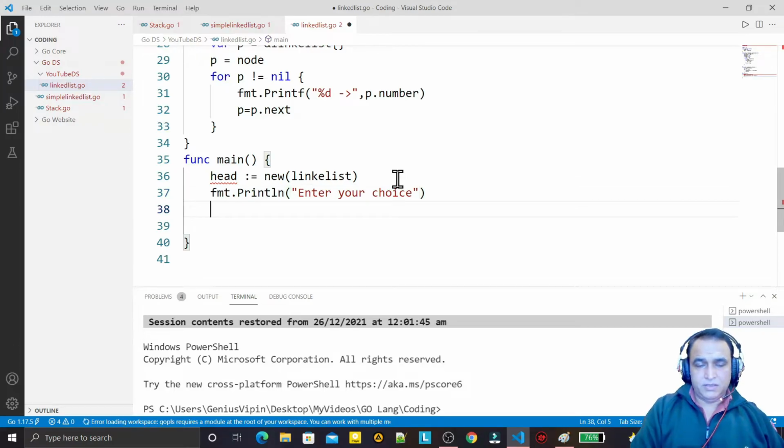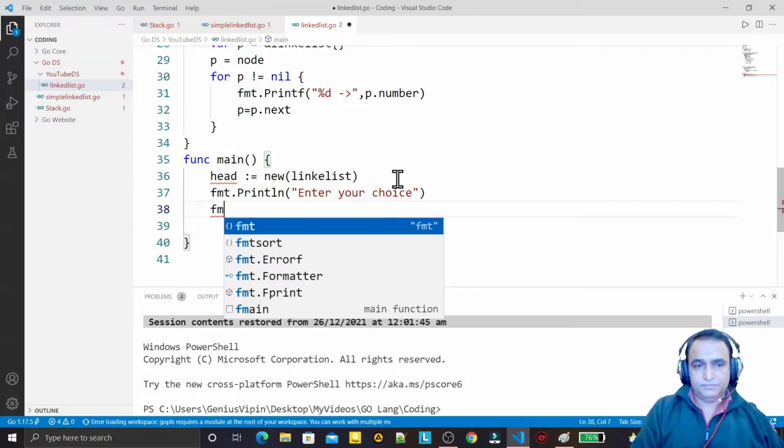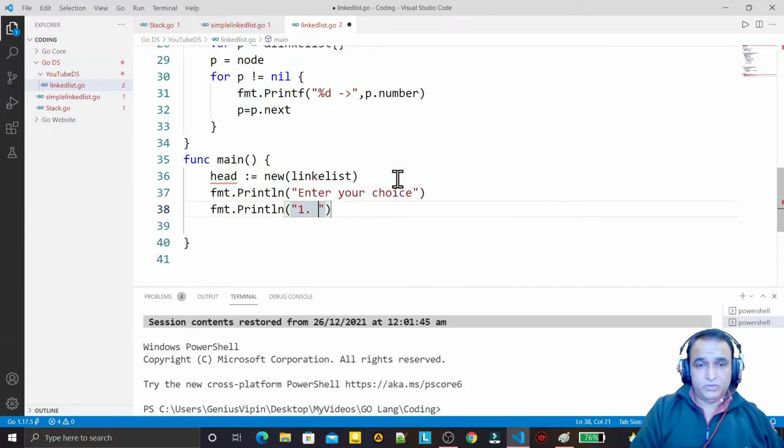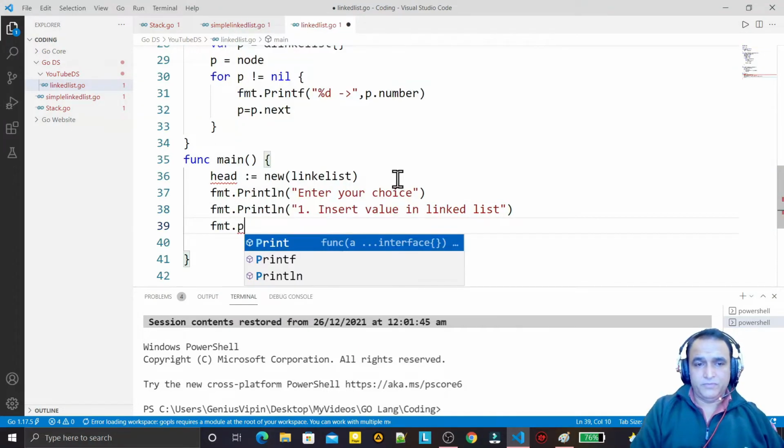Then I say fmt.Println first choice is insert value in linked list. Okay, like this, fmt.Println,